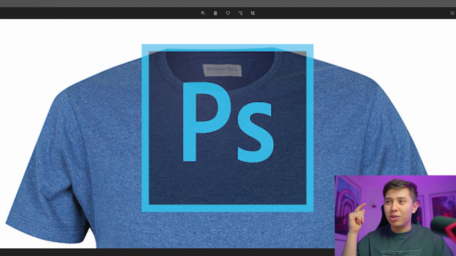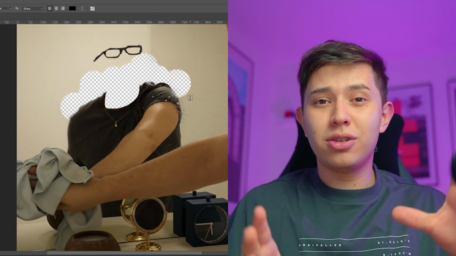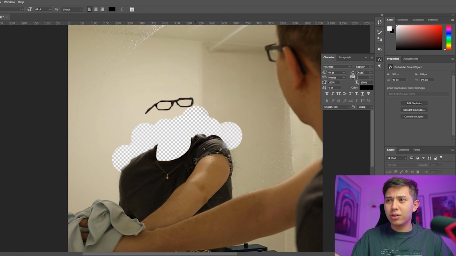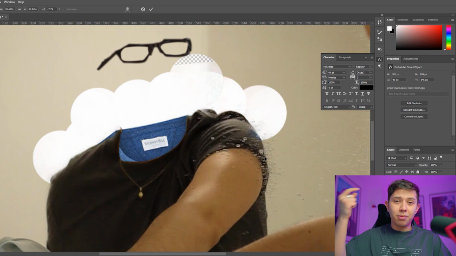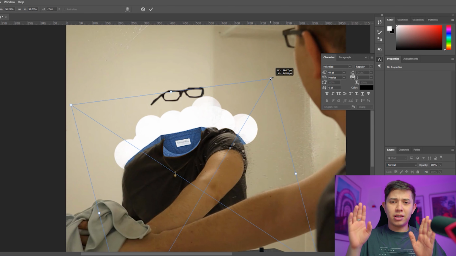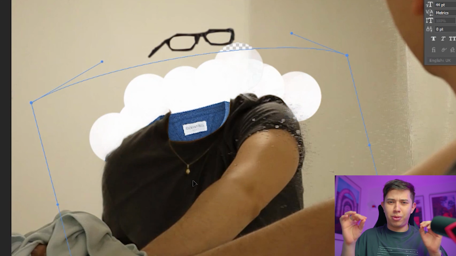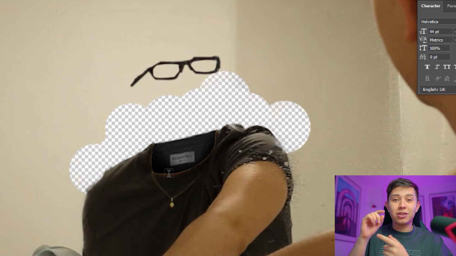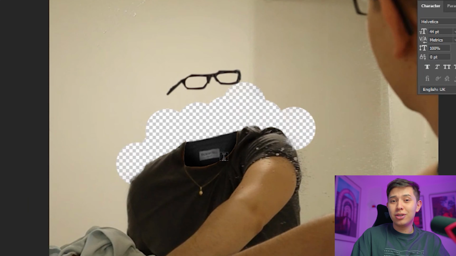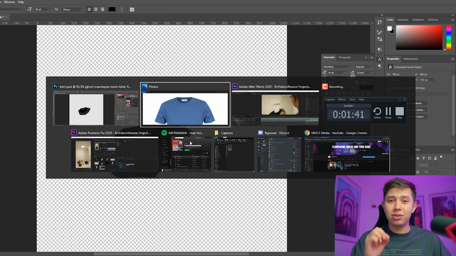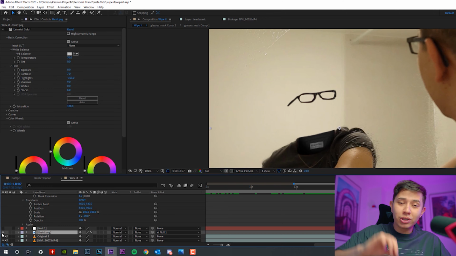I then opened up Adobe Photoshop, took a screenshot of my neckline and the glasses. I removed the background in Photoshop, and then I put the t-shirt behind it. I then arranged it and used a bunch of transform and warping effects to get it just right, the proportions just right. And then I changed the color of it to match that of the t-shirt. This looks great, but it's only one frame and I have a few frames to do this for. So I decided to export just the t-shirt bit as a PNG without a background, and then imported that into